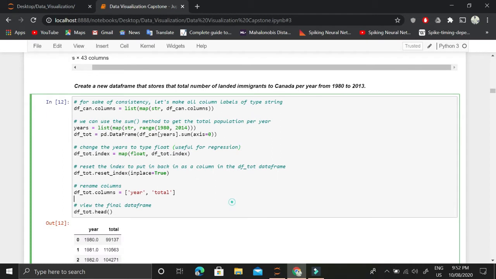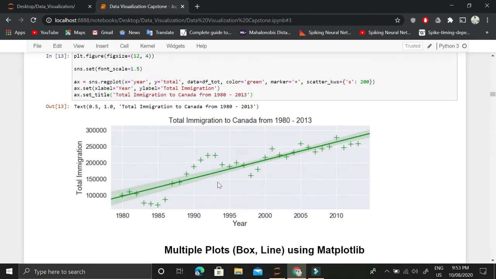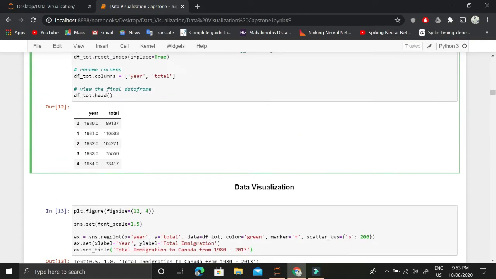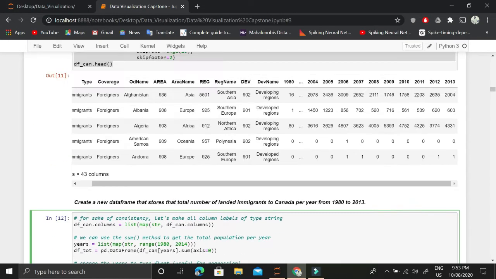In scatterplot, now the question is that we want to find out the total number of immigrants to Canada per year from 1980 to 2013, and using that data we want to find out the trend, whether the number of immigrations are increasing or decreasing, and what is the trend. So how do we do that? First of all, we'll use this scatter plot, and we'll fit this line. We can manually find out the best fitted line, and then draw above that. But Seaborn is giving us this cool regression visualization, so why not use that?